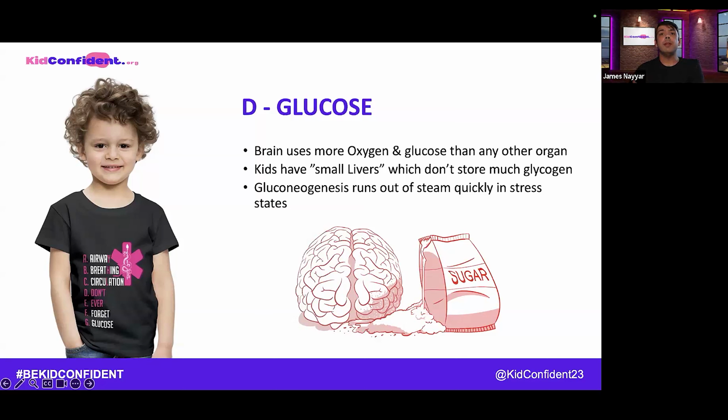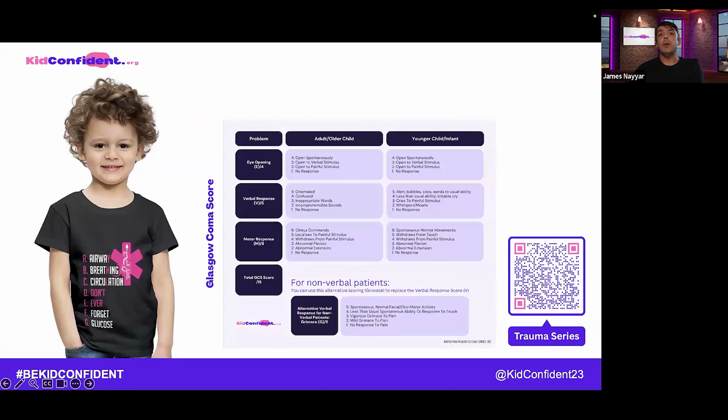But if you remember that kids have tiny livers, they're not very good at storing glycogen, so they haven't got as much reserves to convert to glucose to metabolize when they're in stress states. The other way, moving on from the Paediatric Assessment Triangle, as we're doing our CABCDE approach, is the Paediatric GCS, because that's a little bit more refined way of assessing their brain activity, and it might also be a clue that they are suffering with their glucose stores because they're in a stress state, and remind us to check them out.